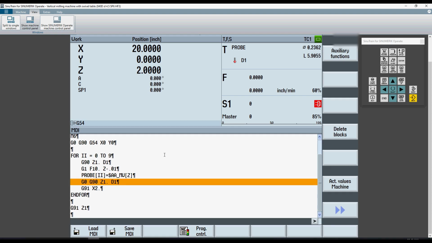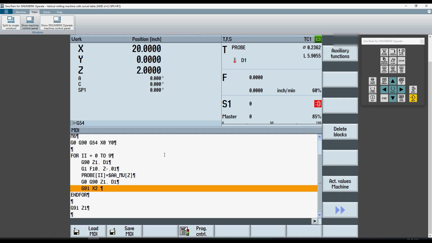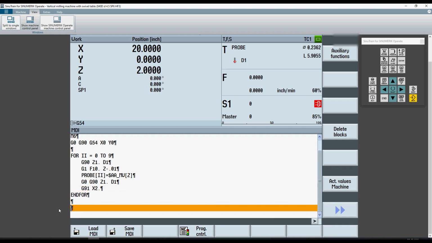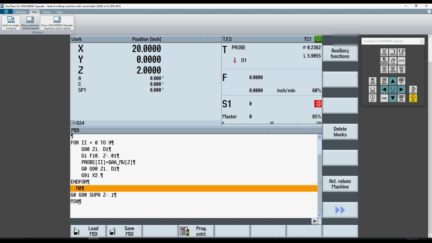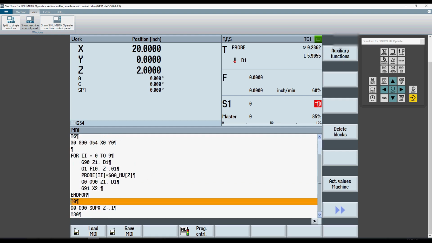I then go back up to my Z 1 inch above, and I have an incremental move 2 inches across, so my endpoint would be an absolute position of 20 inches at the final point measurement. From there, I'll just say G0 G90 SUPA Z minus 0.1, and then we'll just end it out. But I'll put an M0 right there to show you my local variables, because I don't have a table built